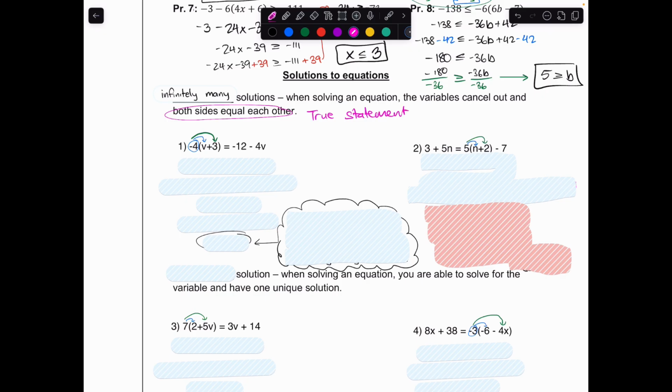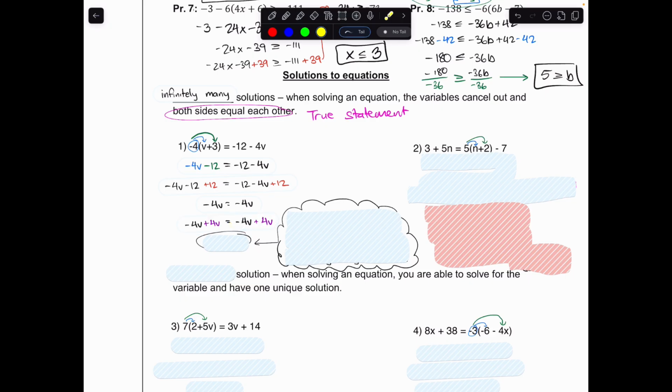Okay, so let's say we're solving this equation, just like we did in the last video, solving equations. We're going to distribute first. Distribute that negative 4 to v and to 3. Then we're going to add 12 to both sides, combine our like terms,